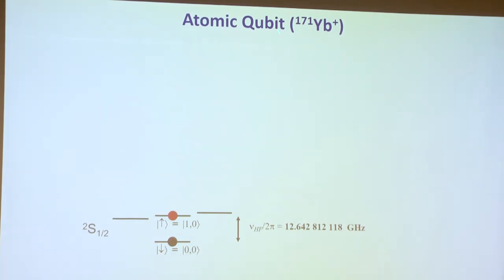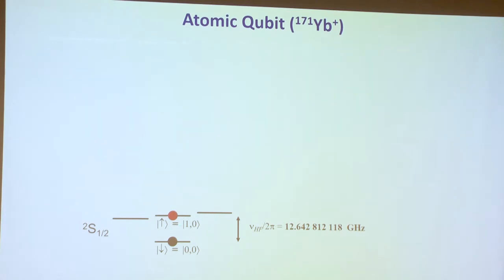The atom we choose in our experiments is actually 171 ytterbium, and the reasons will be forthcoming. But ytterbium has a spin-1/2 nucleus, which is actually nice because we can prepare and detect right out of these two so-called clock states. These are the m=0 states that have no magnetic field shift to the lowest order. And so just by storing a superposition in these two ground states, they're separated by 12.6 gigahertz.